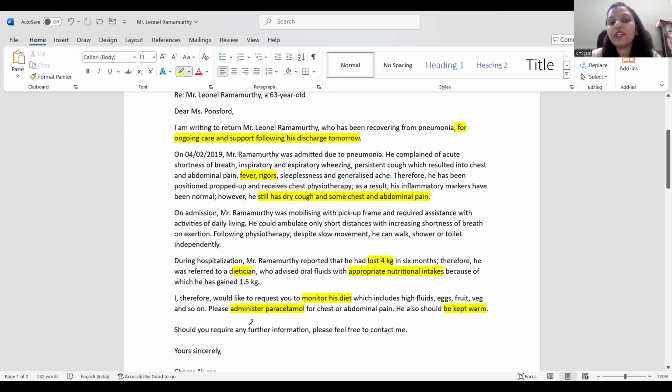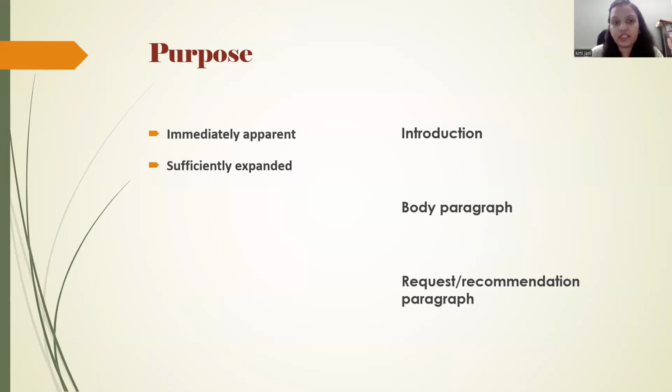And if you are successfully able to do this, you will score 3 out of 3. And if you are lacking elaboration, then your score might get reduced. So it depends on what you have skipped. I hope it is clear. Now we will move towards the next criterion. So this purpose is scored out of 3. The other criteria are scored out of 7. So what you should do here,